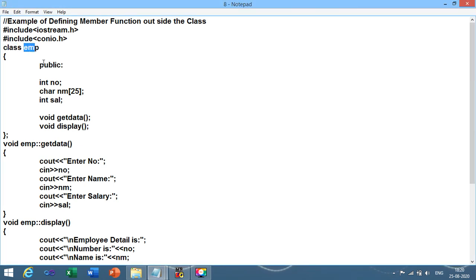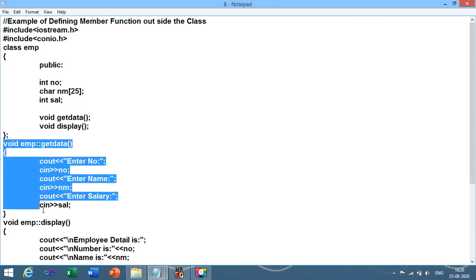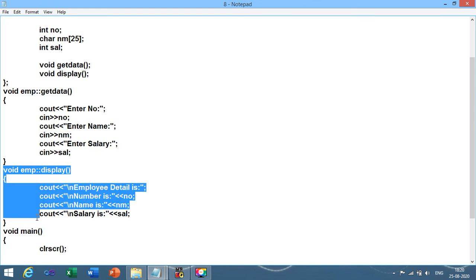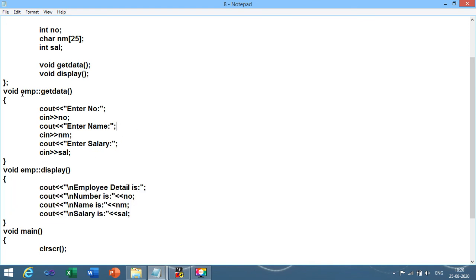Class employee, public keyword, variables inside the class, and 2 methods we have declared inside the class which we are going to develop outside the class. After that you need to separate these 2, void and getdata. In between them you need to write the name of the class, and use the scope resolution operator to make it part of the class.